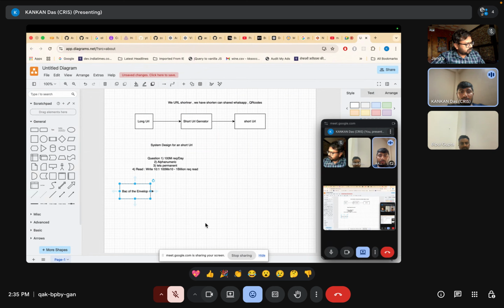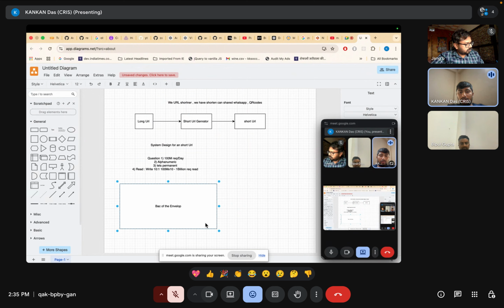So what we mostly see in the back of the envelope is what capacity we need. We are going to store it for 1 year. So how many terabytes or how much space do we need for it? Just take an example. As we are taking 100 million requests per day, so per second the request will be